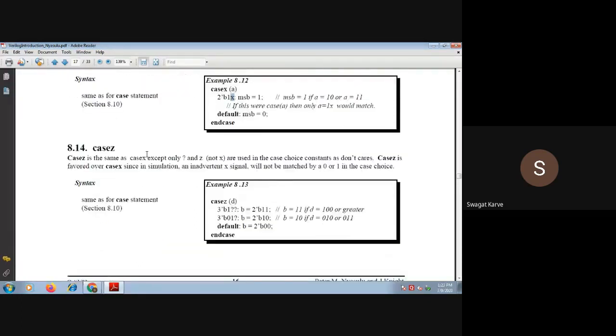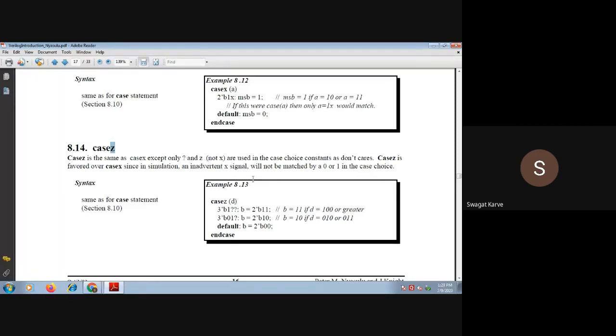Similarly, you can use case Z. Case Z means tri-state, or what we can say, the high impedance. Now, how to use this case Z statement? Case Z is the same as case X, except it deals with high impedance.